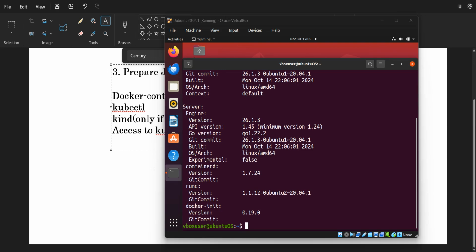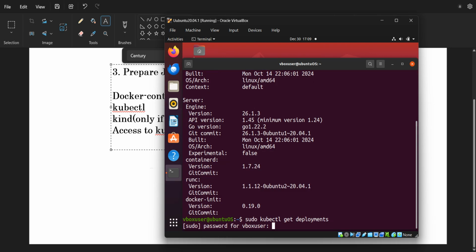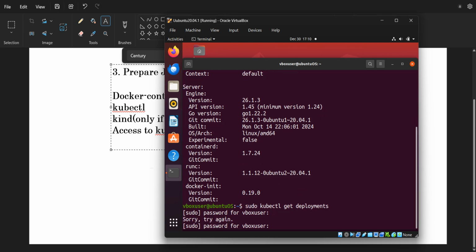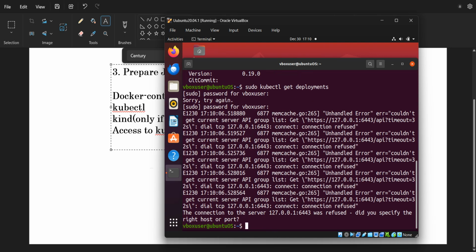Okay. Now, since we know that we have created a cluster, we'll get the information of the cluster also. So I will write sudo kubectl get deployments. So it will ask me for the password. So I will type the password. Okay, password I typed wrong. Okay, so this is the unhandled error, kubectl. Okay, I will need to write the